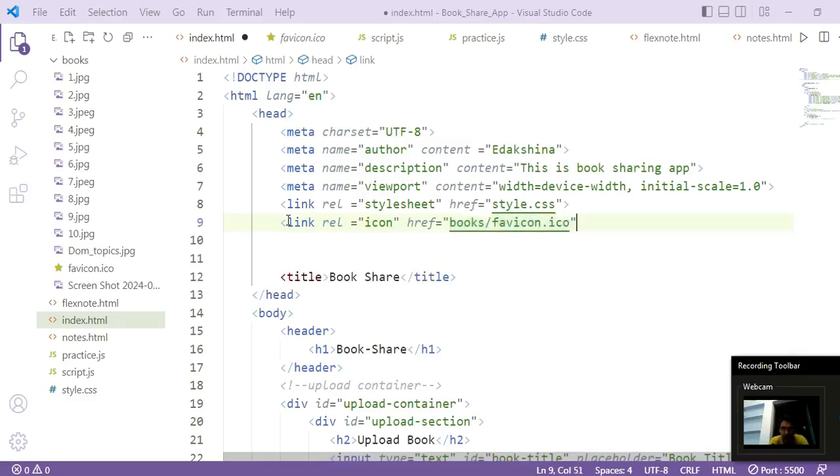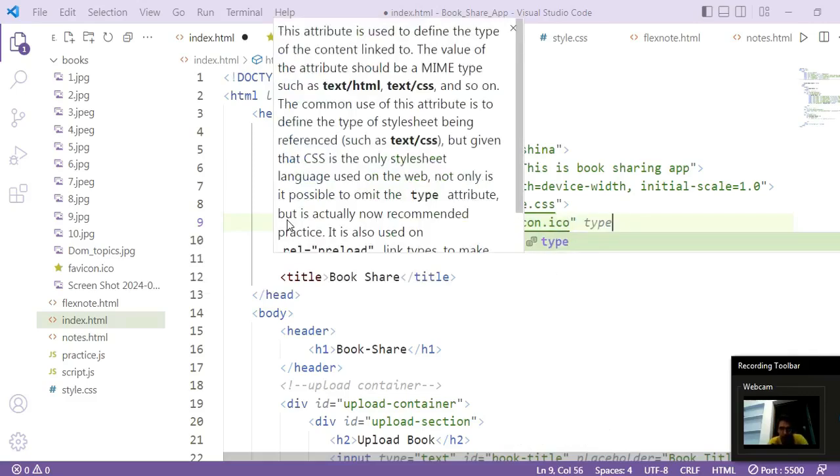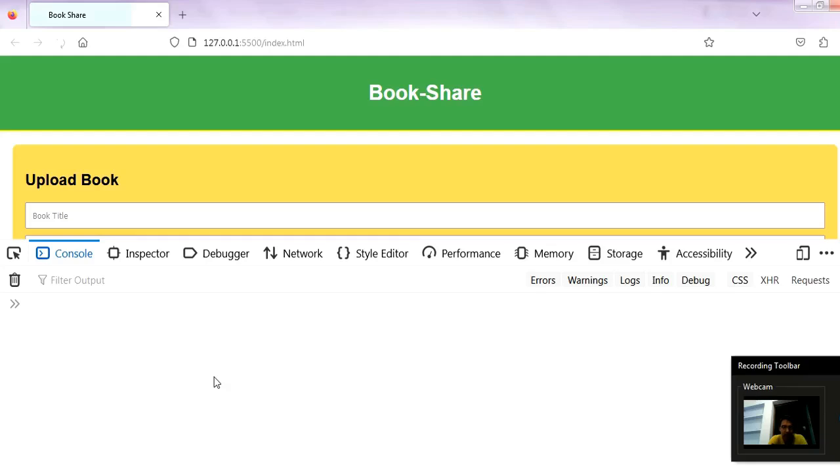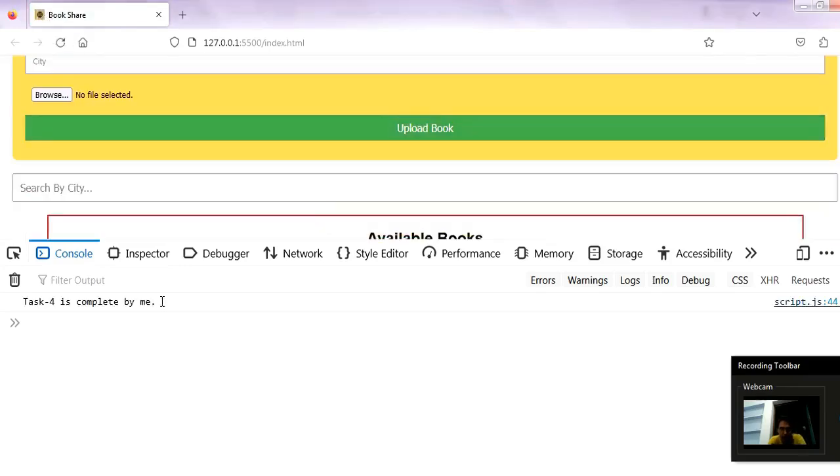And then its type equals image/x-icon. Now save it, and if we refresh it, the error is gone, and here we have a very small icon image on the title bar. So on click we are getting the output.